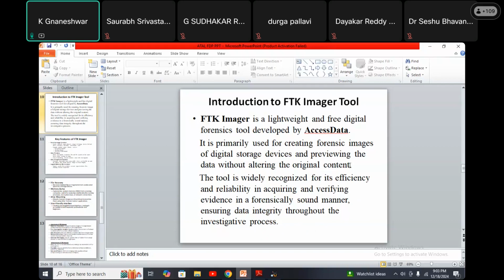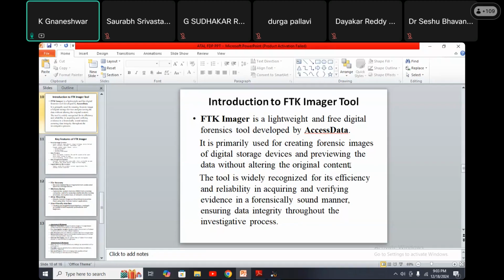Any evidence, strong proof purpose, we are using this FTK tool. The ATAPC tool is recovering the data, but the FTK tool is simply creating duplicate images. Once we create a duplicate image of the original storage area, like a hard disk or whatever, no one can manipulate the data.